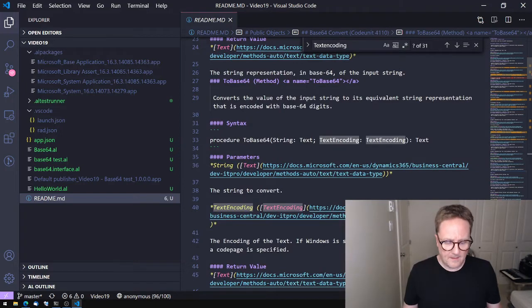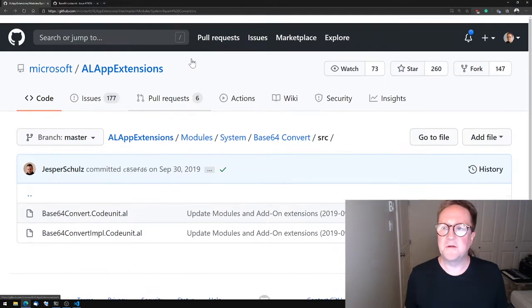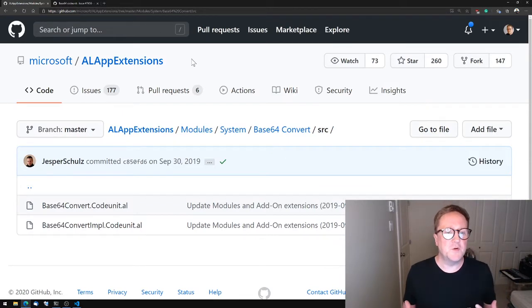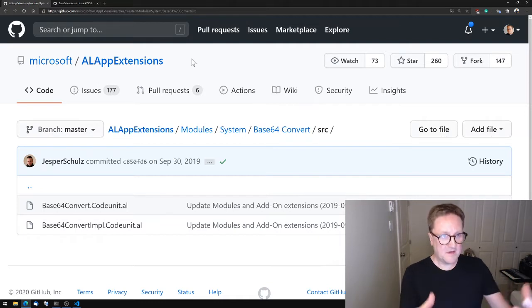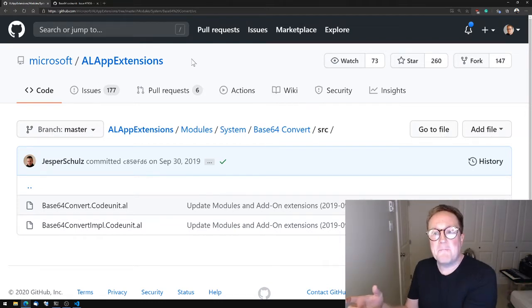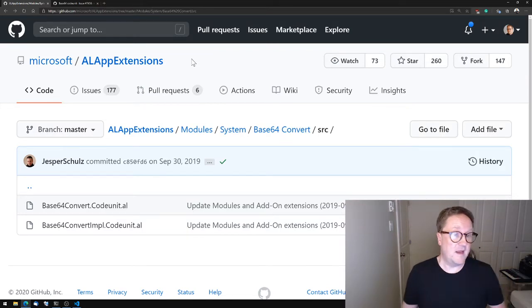So let's get back to GitHub and start seeing if we can figure this out. So the first thing you need to do, so pull request is basically when you have two related repositories in Git, and then you can ask, in this case Microsoft, hey, look at my version and take that into yours. So the first thing I need to do is create a copy of the ALApps extension